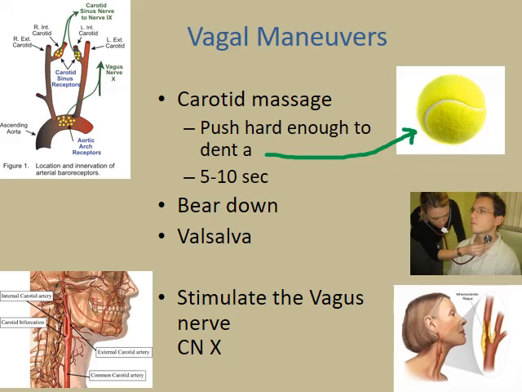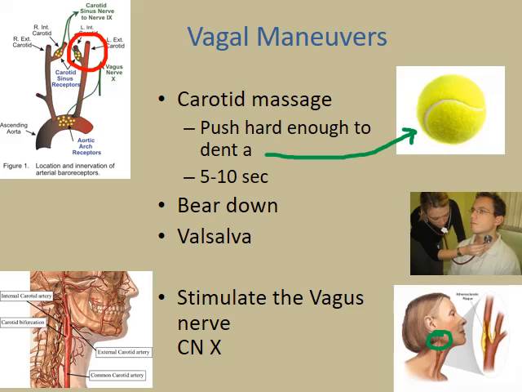You got your pointer finger, you're going to point it nice and straight, and you're going to splint that pointer finger with your middle finger on top, and we'll show you this in lab. And you're going to push right here, the corner of the jaw, because at the corner of the jaw, if you look in the upper left picture, the corner of the jaw in the upper left picture is where your carotid sinuses receptors are. Those receptors in that area is the sheath that holds everything together, the sheath of the vagus nerve,